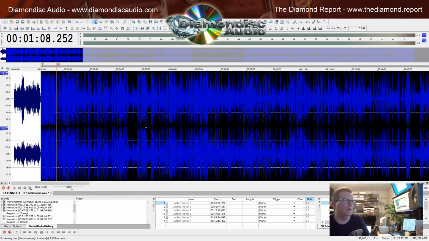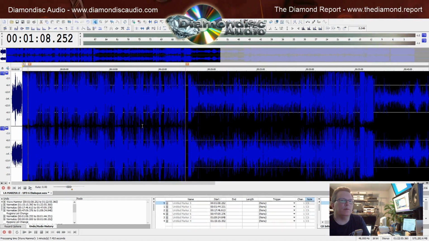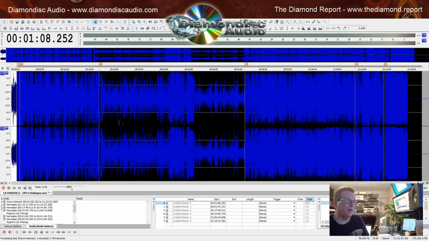I don't want to over compress the music. It will pretty much ruin a music track, but what we're doing here on dialogue works extremely well, because experience will tell you that. You really need to know the limitations of your software and your plugins. But we're definitely still in the safe zone here. We're going to leave the music out and run a couple more compressor passes and see what we get.